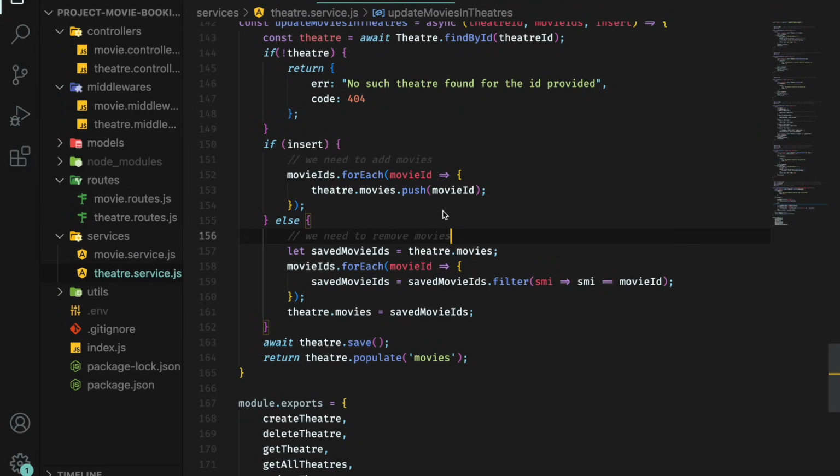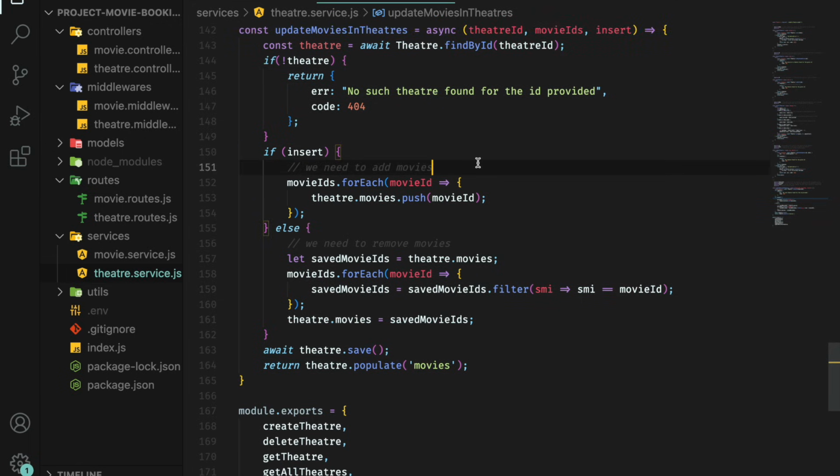Till now we have started setting up the relationship between movies and theaters, right? And things are going good so far. We were able to add movies to a corresponding theater. We were able to remove movies from a corresponding theater, and so on and so forth. So things are going so far so good. There are a few corner cases that maybe we can handle very quickly so that we don't land up in any